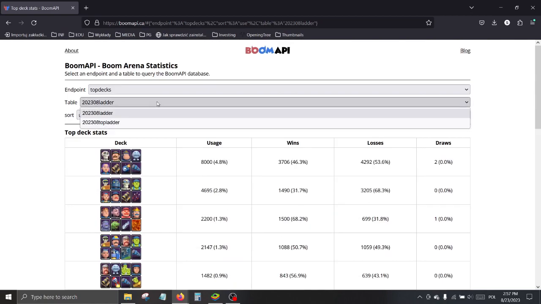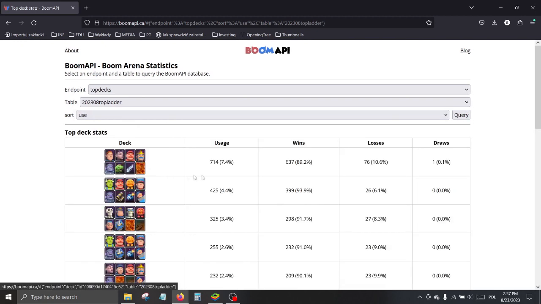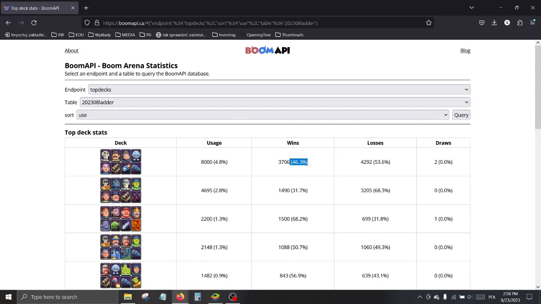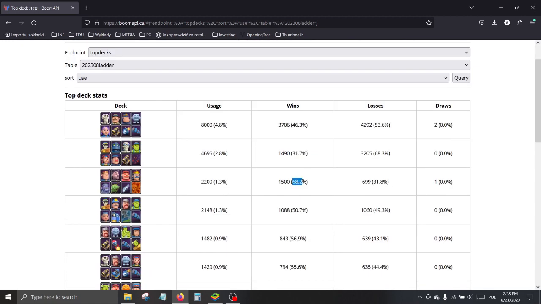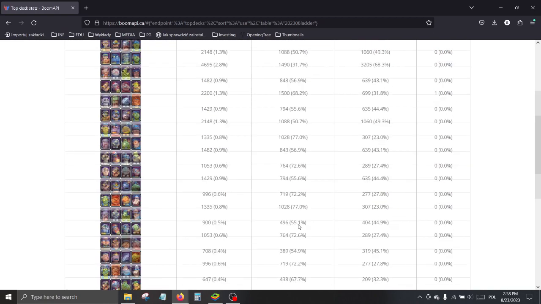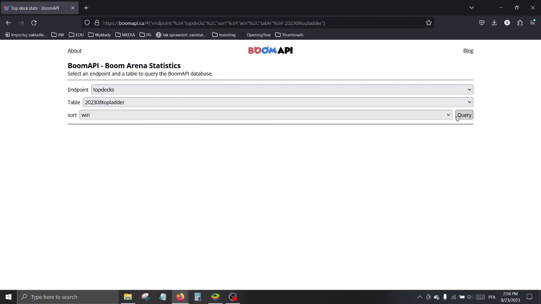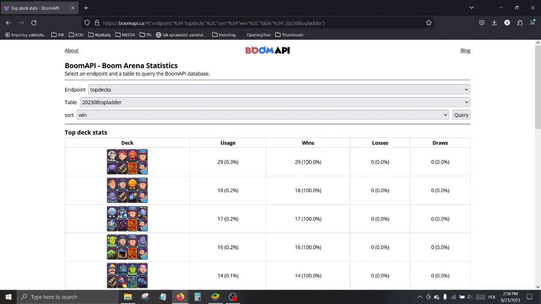I'm gonna search top ladder decks, query again, and those are decks used mainly by top players. So like you see in the previous section, the decks had like 46 win rate, 31%, 68, but also 50, 56, 55. I mean, most decks will get the win rate around 50%, and then you switch into top ladder, and their win rates are